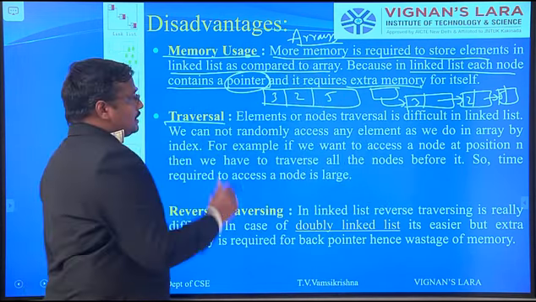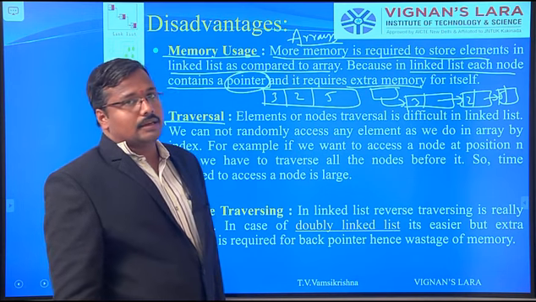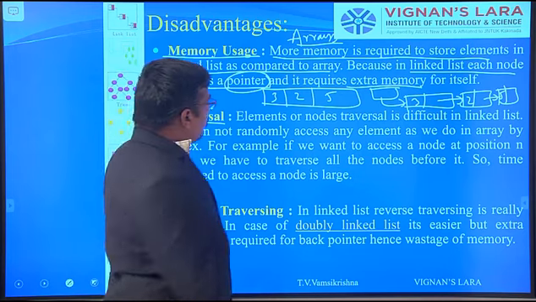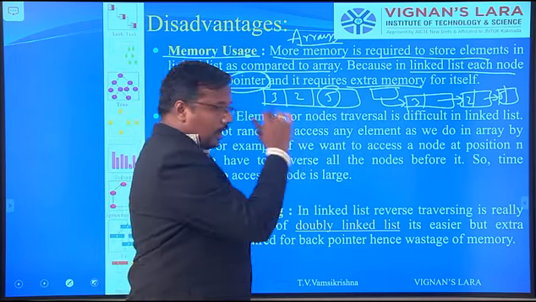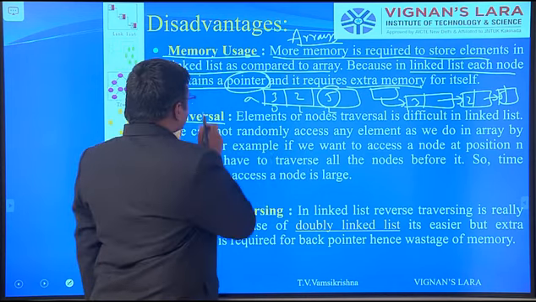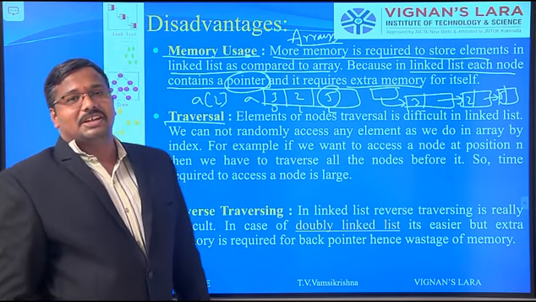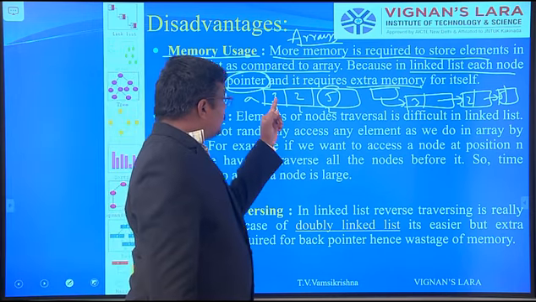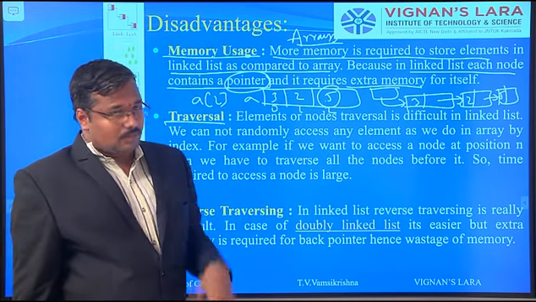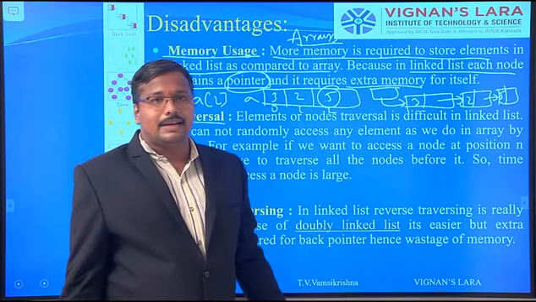The next thing is traversal. Traversing the elements or nodes is difficult in the linked list. Why? Because an array refers to the direct addressing mode. Suppose I want this element, with indexes 0, 1, 2, where A is an array. Directly you can access A of 2, and directly you get 5 as the element, without going to the 0th index or the first index. With the same kind of operation, can you access 5 in the linked list without accessing 3 and 2? No, it is not possible.